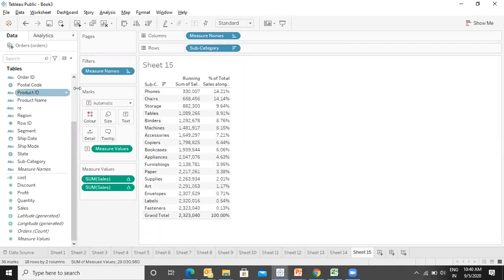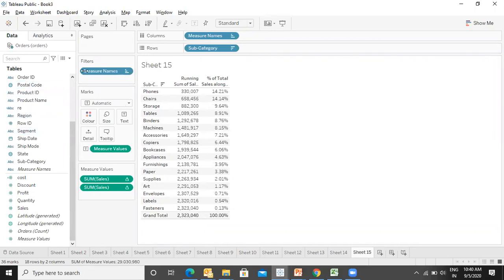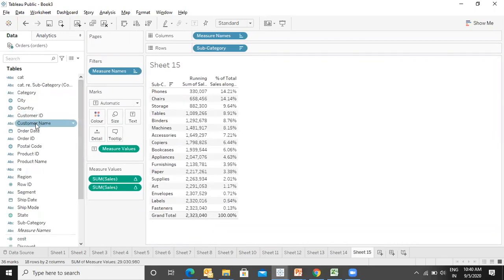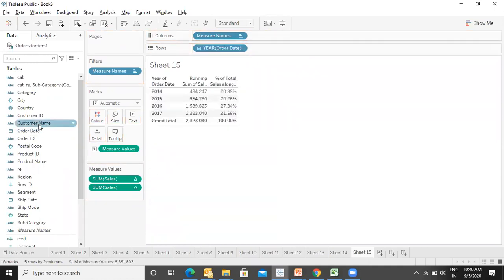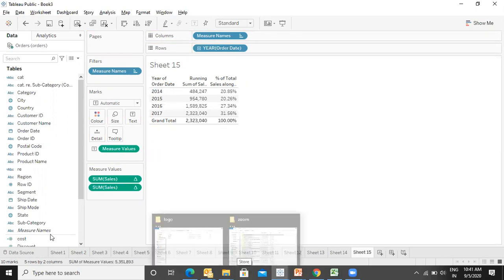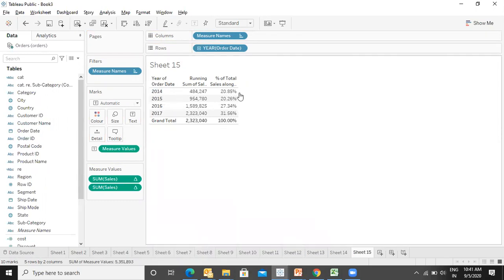And let me try to take one more example. Let me put order date over here and remove this. This makes more sense. It says that in 2014, out of the overall revenue generated in the 4 years, 14 to 17, the contribution was 20.85%.